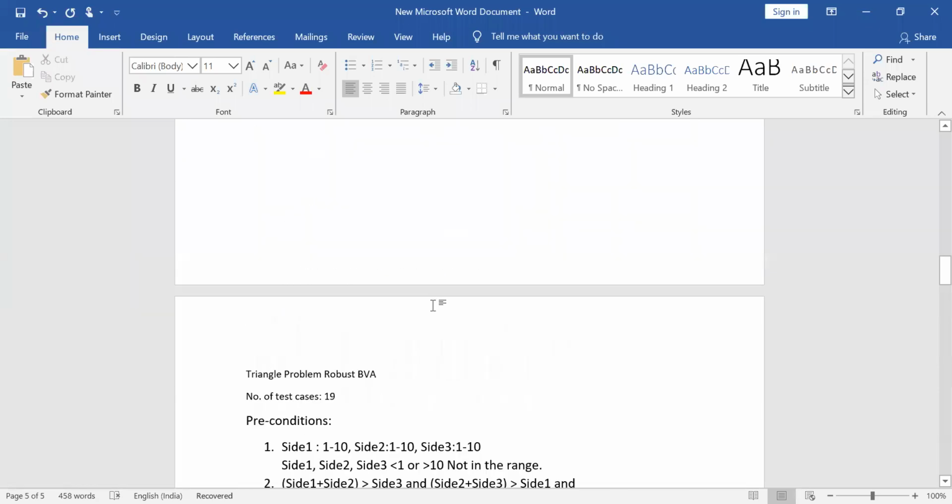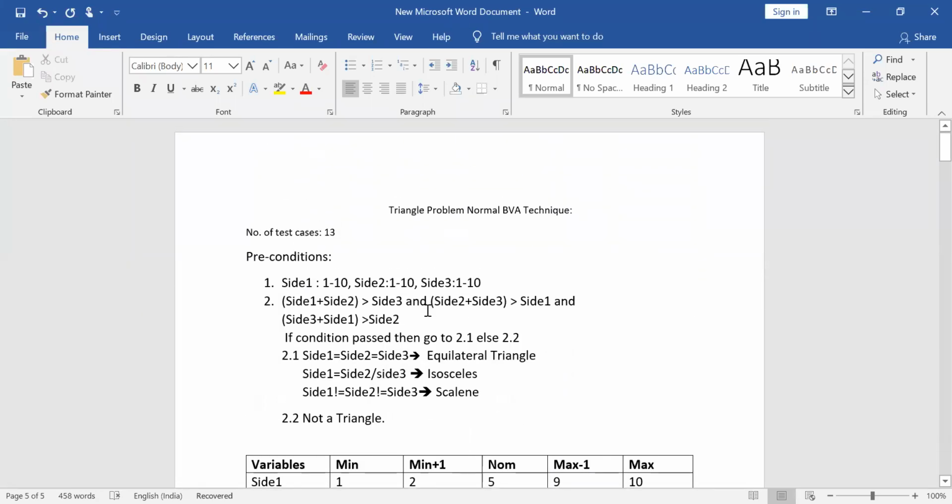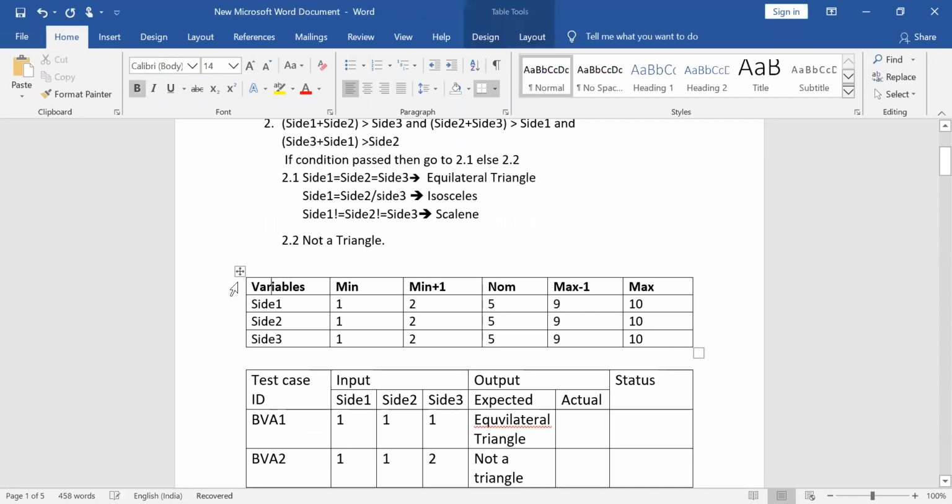We'll copy the same table, since I require it.